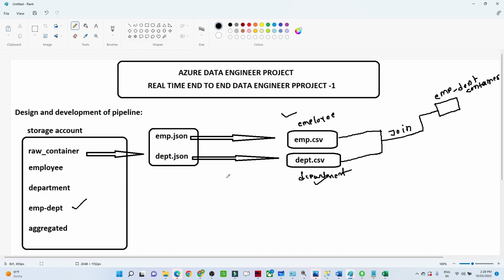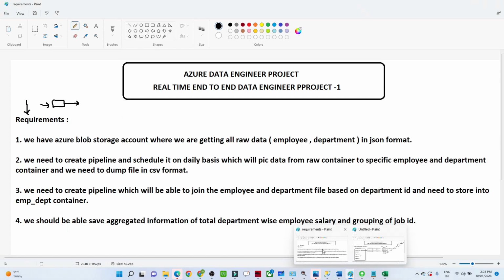So that is the requirement which is saying point number 3. Now what point number 4 is saying is that we should be able to save aggregated information of total department-wise employee salary and group by job ID. Okay, so